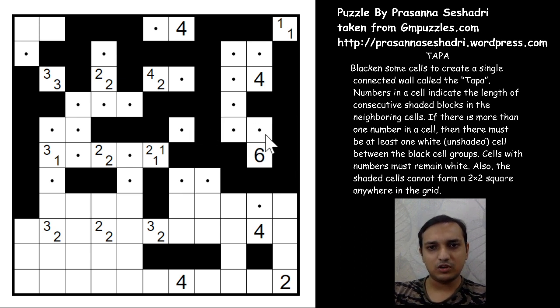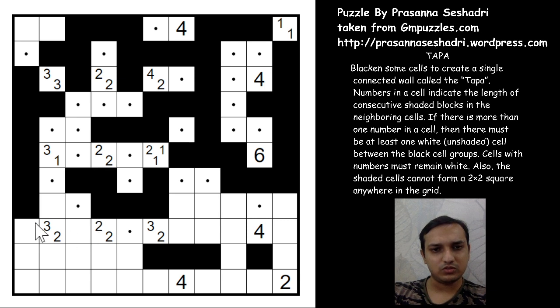So for the 6 we got 6 shaded cells already now. And now for the 2, okay, so if I shade this cell, this will be unshaded, and this black cell either has to go this way down or towards the left. It cannot go down because the 2 clue will be violated. It has to go to the left, but if it goes to the left, this group of black cells is stranded now, because the 3 is also fulfilled, and you cannot connect this black cell to the other black cells. So sorry, this won't be shaded, this has to be shaded.